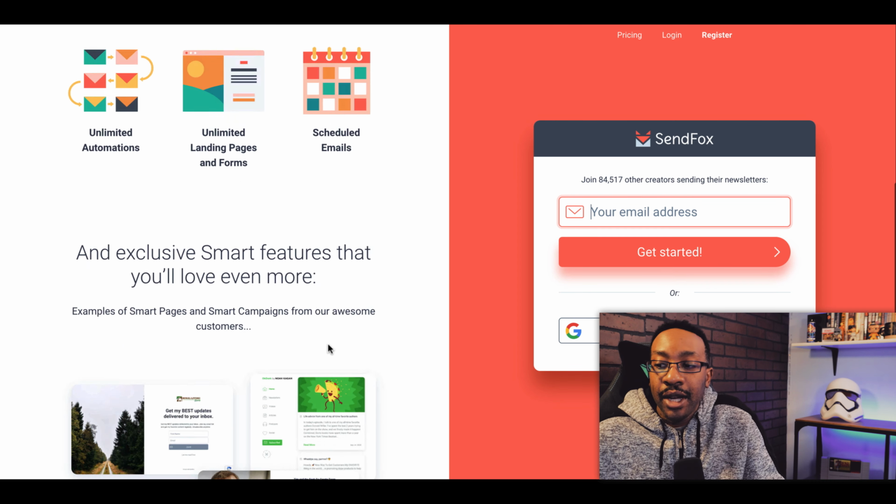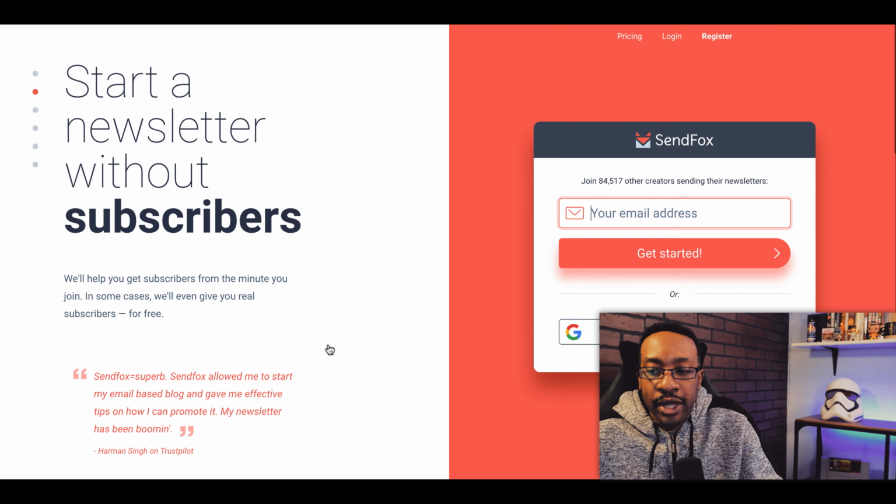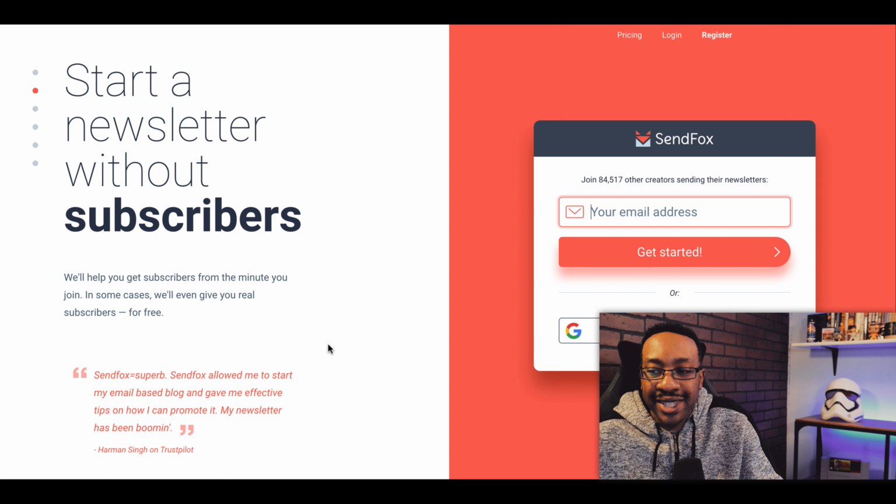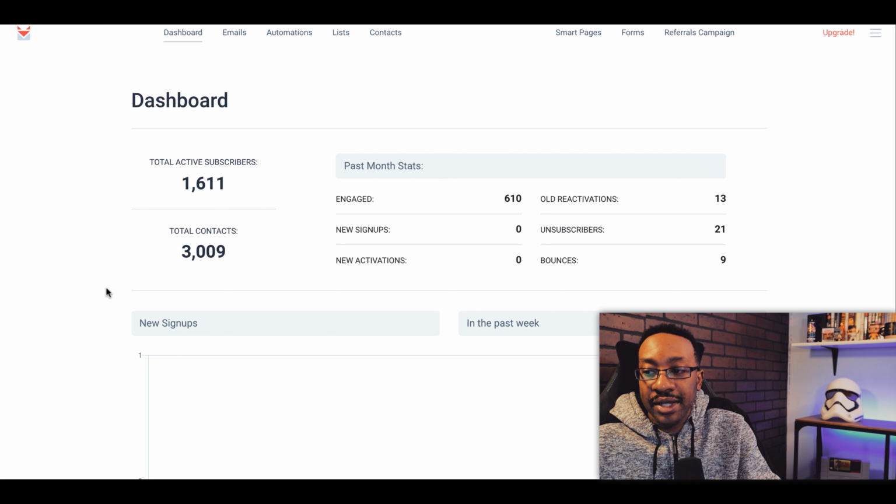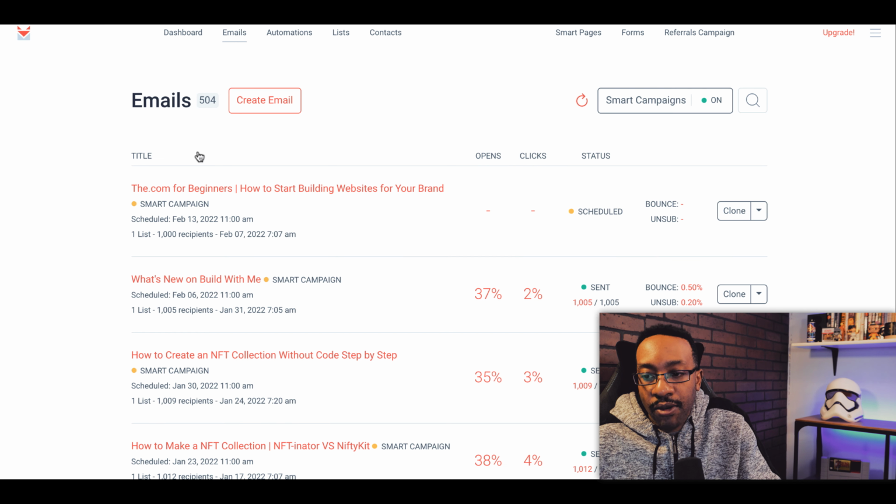What I like about SendFox, when we use this for our clients or ones that completely hate emails, they just want something so simple. That is what SendFox allows you to do. With SendFox, you can do a lot of things. Number one, you can create smart pages. But what I like about it is once you create your emails, it already has something called a smart campaign.